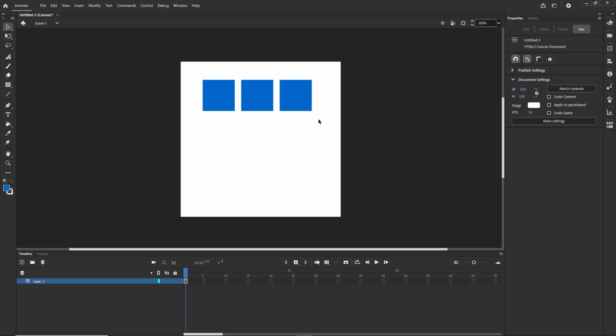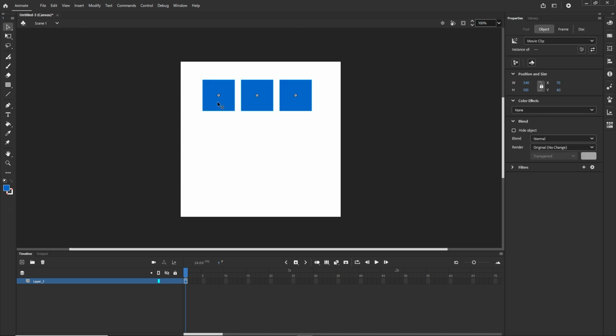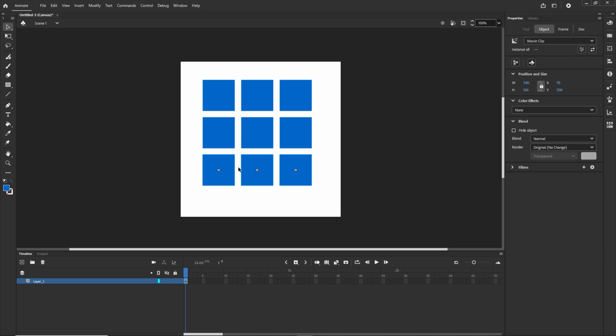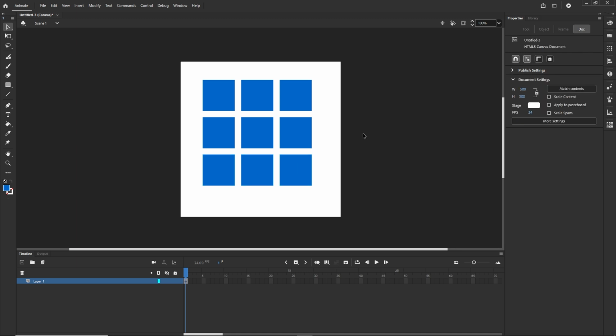Now, once I have 3 shapes, I am going to select them, and one more time with Alt and Shift, or Option and Shift, I am going to go like this, and one more time I am going to duplicate it, and I am going to go like this. So yeah, I am going to have something like this. This is not going to be perfectly aligned,